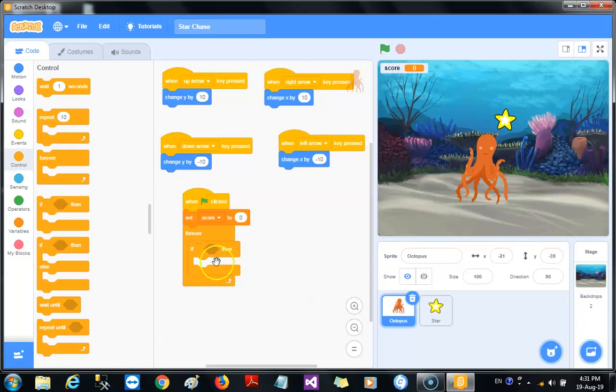and it puts it there. Now, if statements only happen when a condition is met. All right. So in this case, our condition is going to be met only when the octopus touches the star. That's the condition we want to be met. Now, the touching